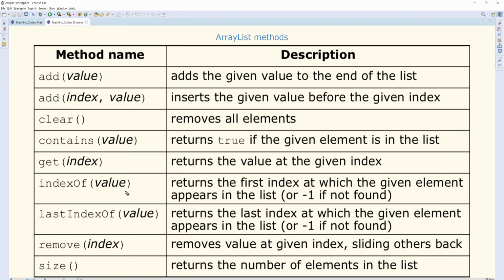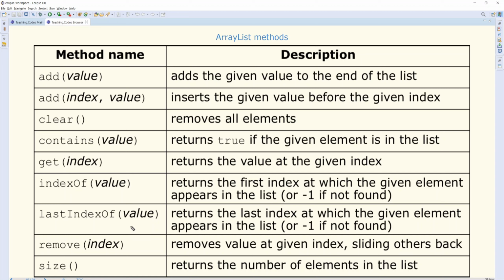In other words, rather than saying contains, for example, Madonna, you could have said indexOf Madonna is equal to -1 or not. That's also possible, but if you're checking for the existence of it or not, contains makes more sense. It's straightforward. Last indexOf